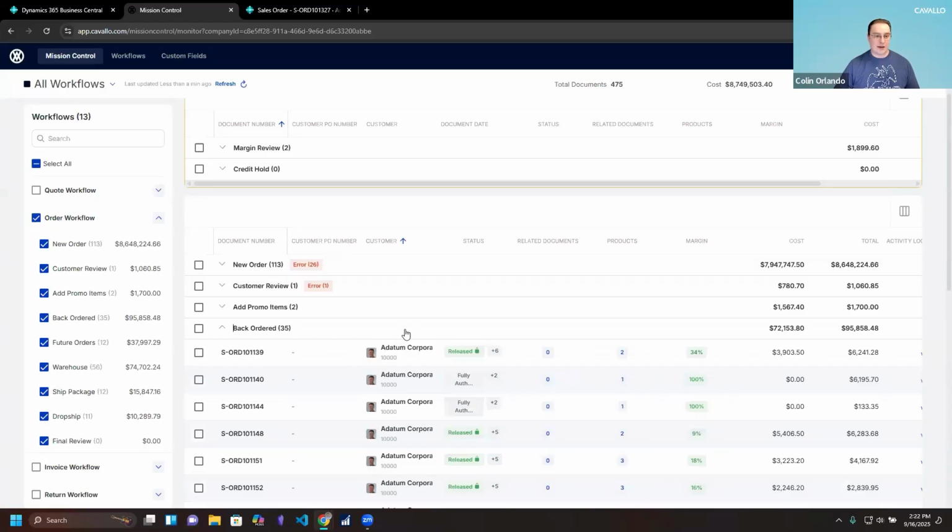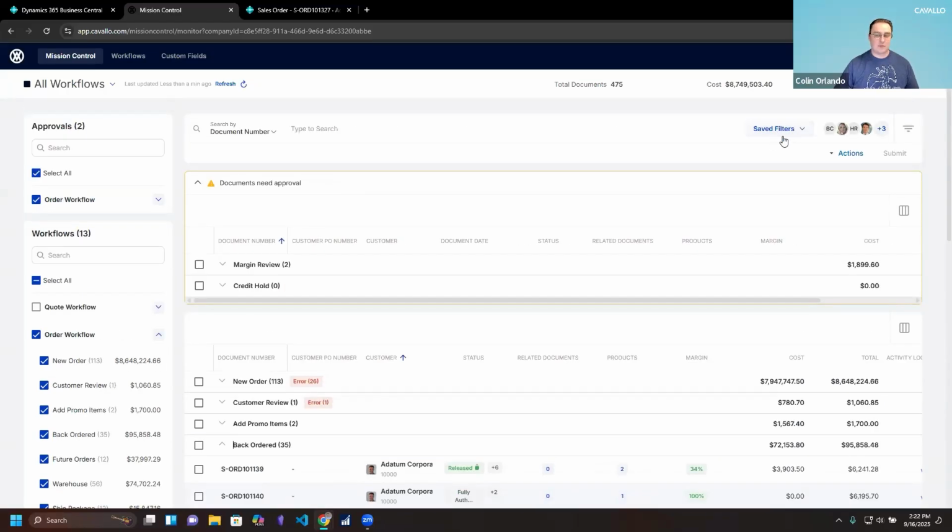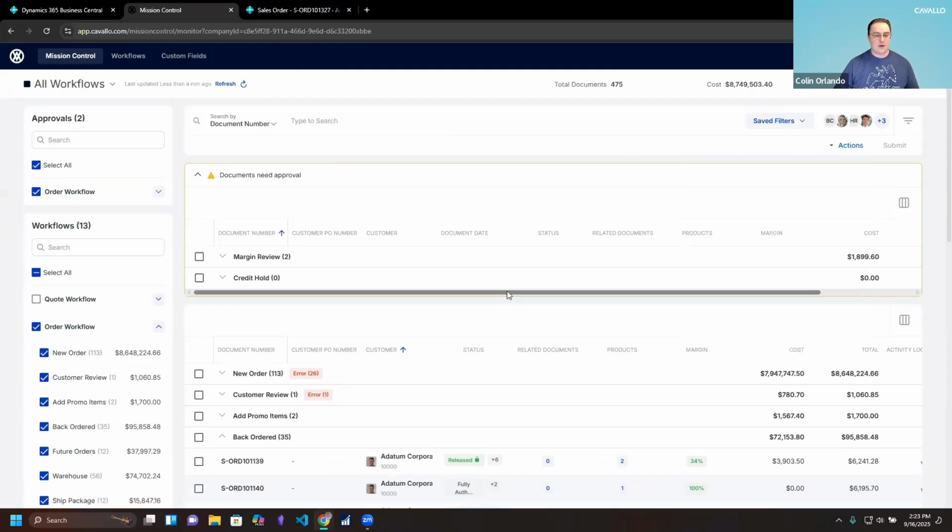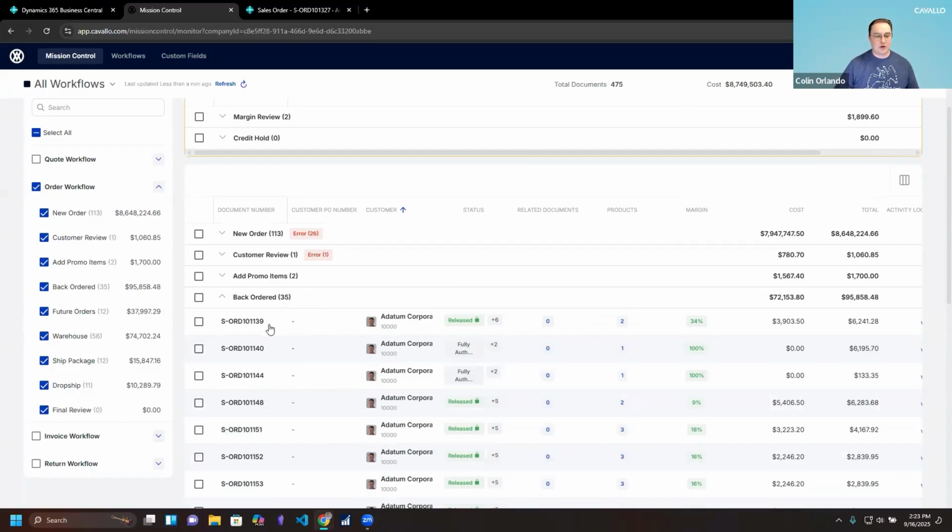So as a manager, I might come in here and utilize the saved filters functionality for important customers, run a global search, or even take bulk actions on a number of my orders. But what I can also do is pan through each and every queue, each and every order, and understand super important answers. So exactly what's gone on with the order right now, and also, am I going to be profitable at the time the order hits the system rather than end of week, end of month reporting? We can answer that question by simply looking at this dashboard here. Now, any of these orders will link you directly into the ERP system, but I'm going to now manually move over to the ERP system and talk about how we actually process an order with the workflow that we've just built.